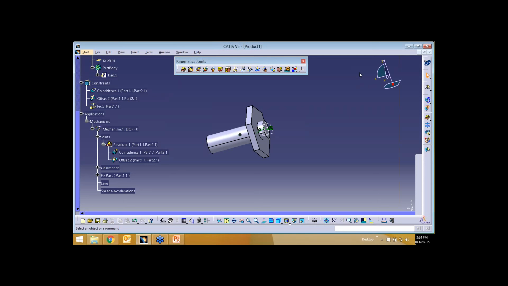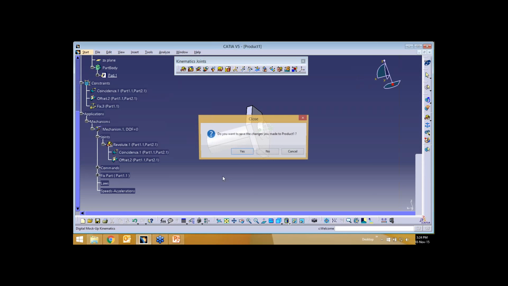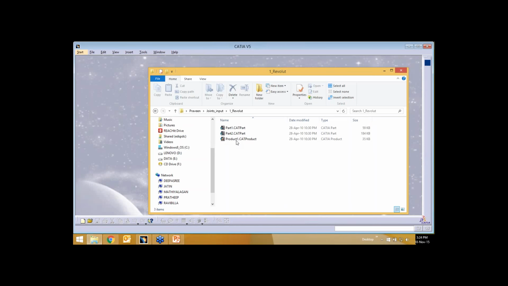So I'll go for a prismatic or revolute joint. First I'll show you. See, now what I have is a shaft and a wheel over a shaft. These two different parts you can either create inside this workbench, or you go to insert, go for existing component and bring it and assemble it here. So I'm just going to delete an existing mechanism which is already created. Deleted. So I have now one product. Inside one product, I have two different components.